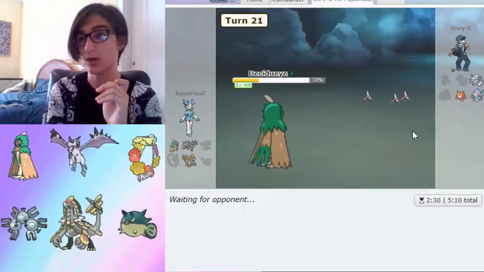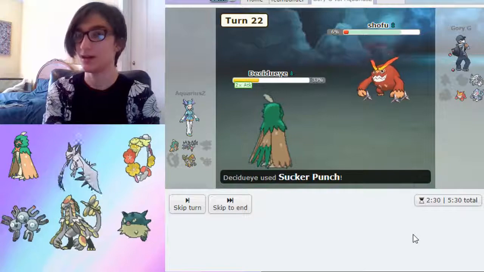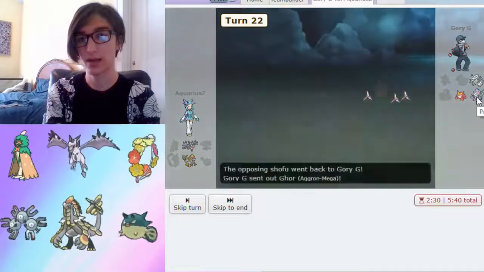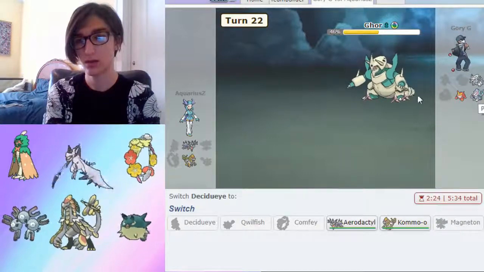out Darmanitan. I hope it does. I really, really hope it does. But it might not. Ah, so close. That's really tragic. But it will die to Spikes, so we just really have an Aggron and a Primarina to deal with. And once we put...